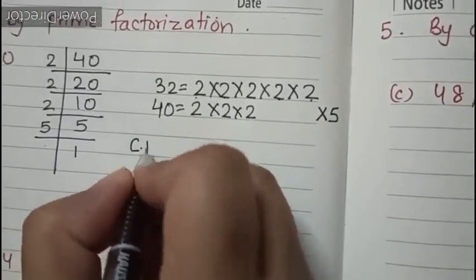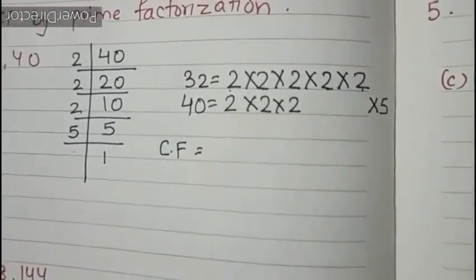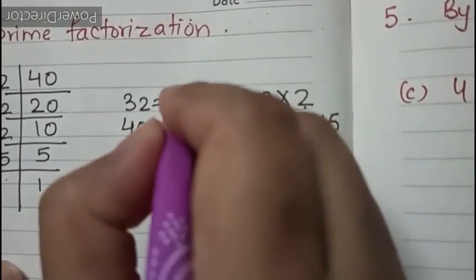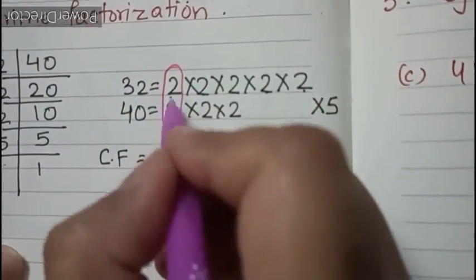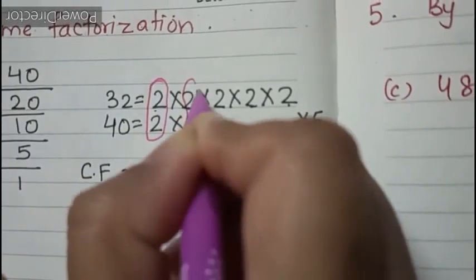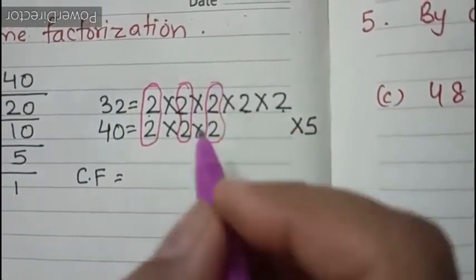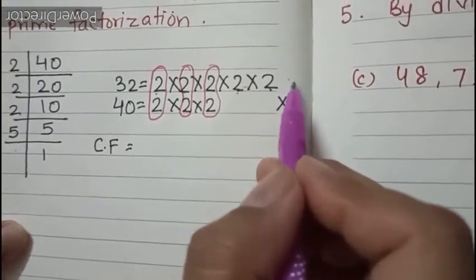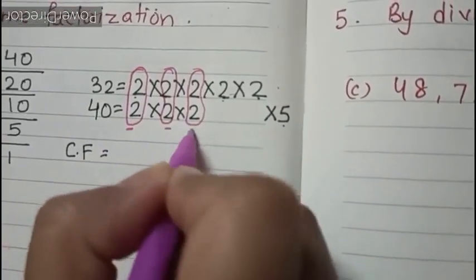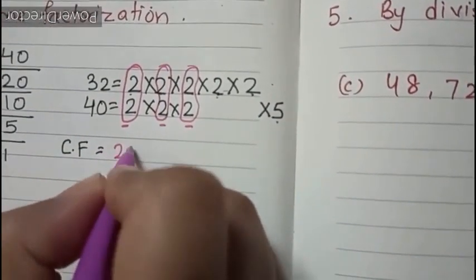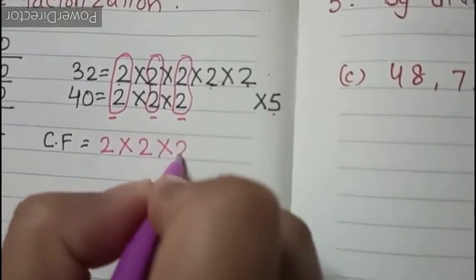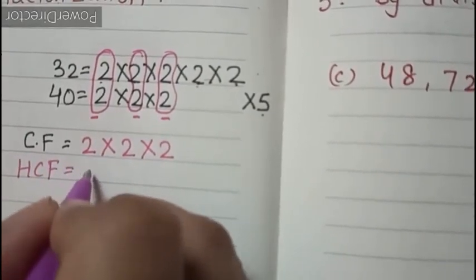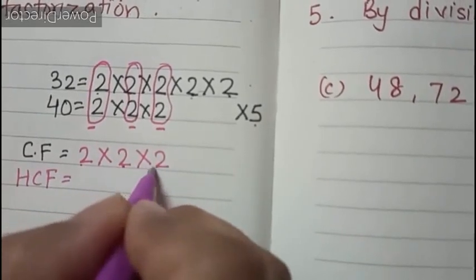Now we will see what all are the common factors. So let's group them using a colored pen. Both these 2s are common. Here also 2 is common. Here also 2 is common. These 2s don't have any friend here. And even this 5 does not have anyone to pair up. That means we have three 2s in common. So we will write them 2 into 2 into 2. The product will be the highest common factor. 2 2s are 4, 4 2s are 8.